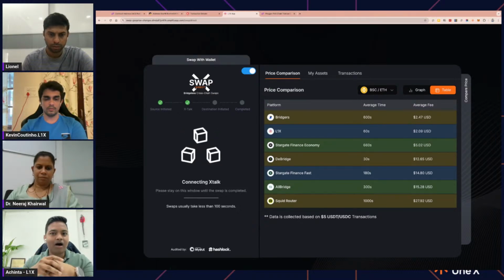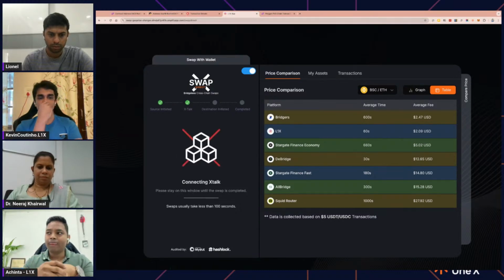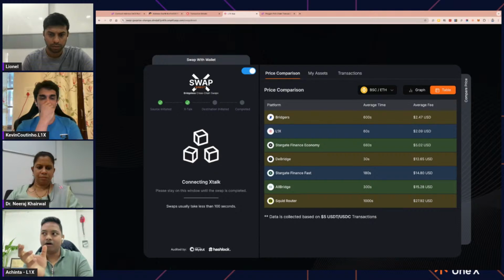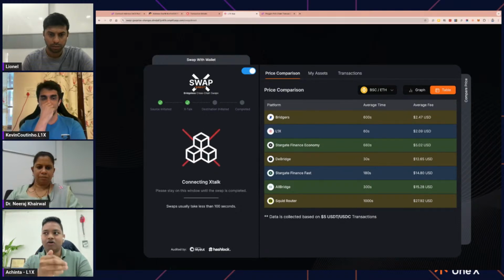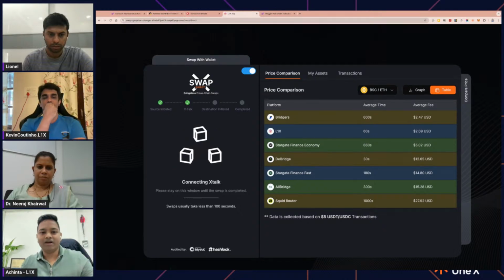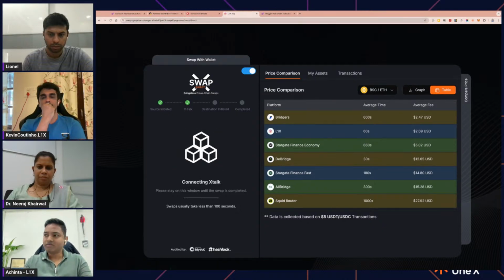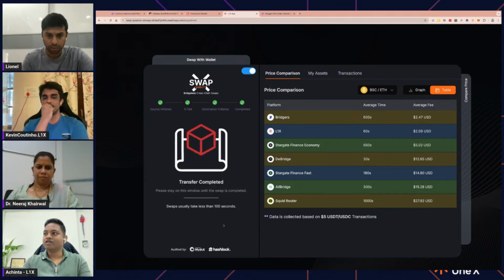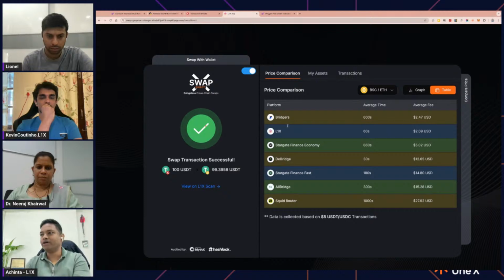But sometimes an xstop node may fail for many reasons. We have another xstop node that takes care of your transactions. So we call the epoch buys. While one xstop node is working, there's a backup xstop node always standing by to serve your transactions if the xstop node fails for some other reason. So currently the xstop node is picking up your transactions, and it should be sent to your destination chain. Yes, it is now in the destination chain, and now it is completed.